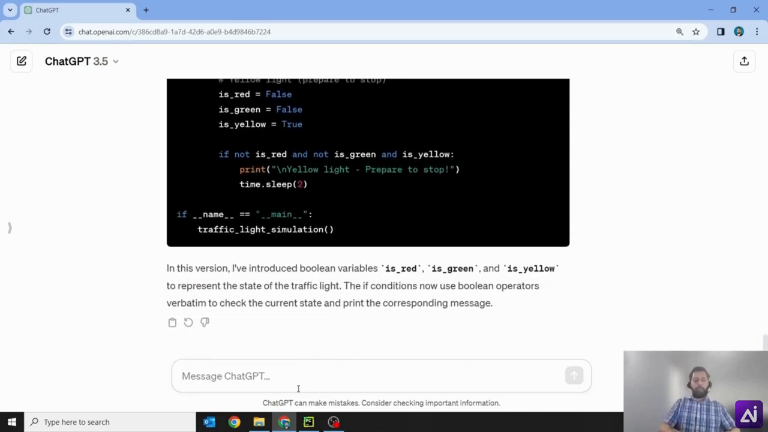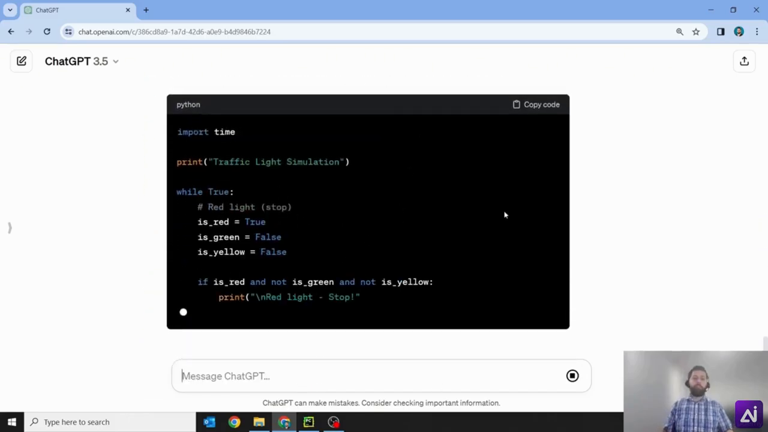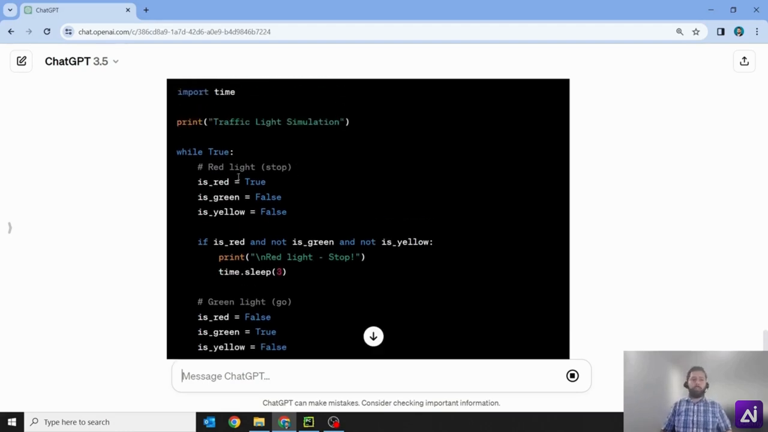But let's say, okay, rewrite this without using functions because we haven't really gotten into functions yet. So we write this without using functions, okay? There we go. So this is just a traffic light simulation, and here are the different Boolean indications. It's just a simulation. So in this case, it's making the red true. So this is a simulation of a red light. The green is false, the yellow is